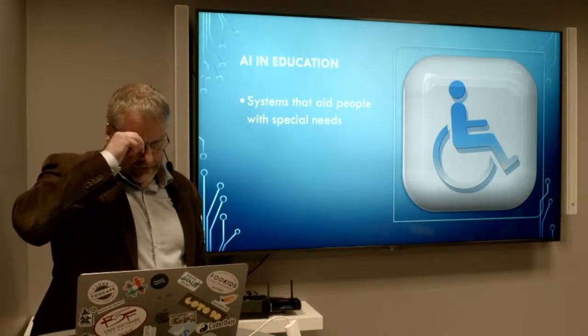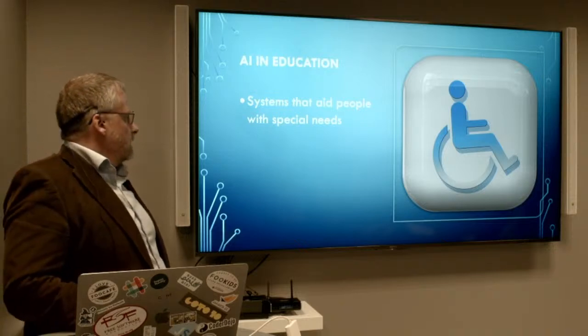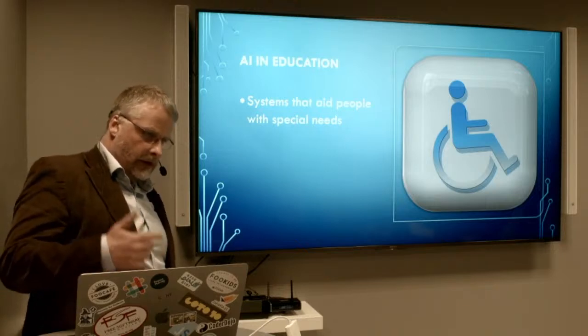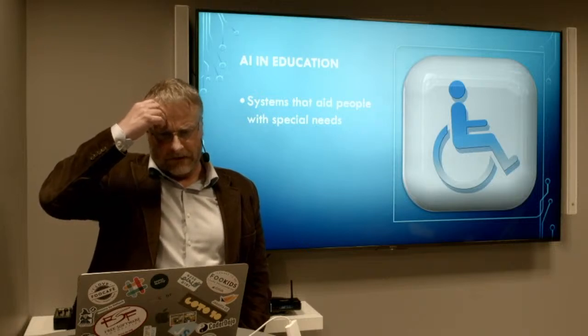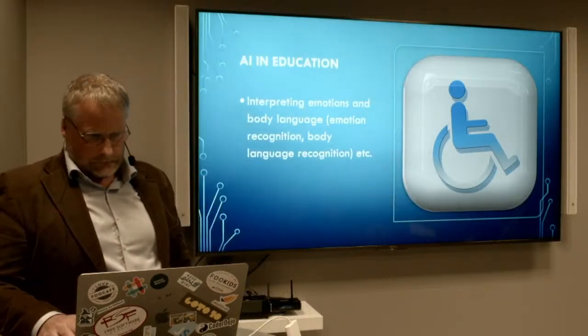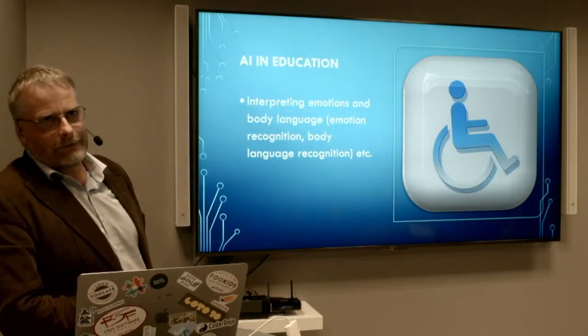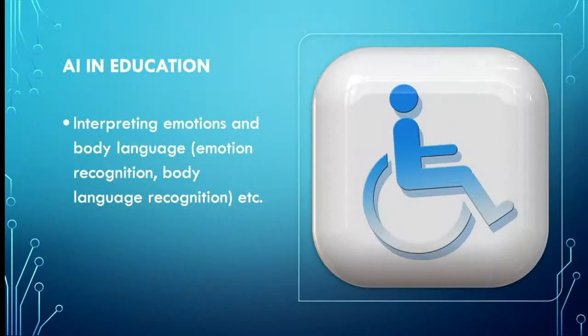Then I will also bring up something which is somewhat related. It's about systems that aid people with special needs. And then you might think that, okay, now it gets a little bit sidetracked here. But it depends, because you have people with special needs, and in a way we all have special needs. We are all unique, you know. So maybe we have some weaknesses, or maybe we shouldn't say that it's weaknesses either, because it could also be seen like